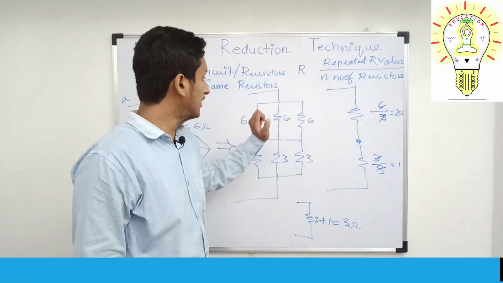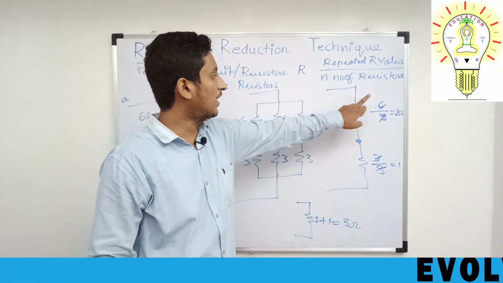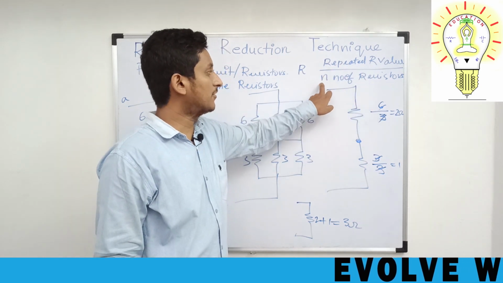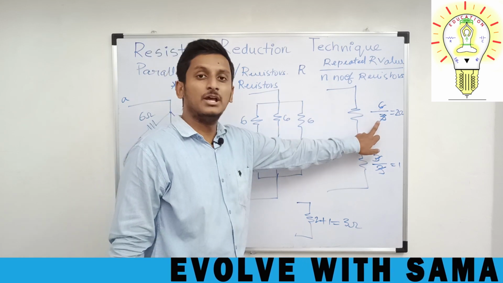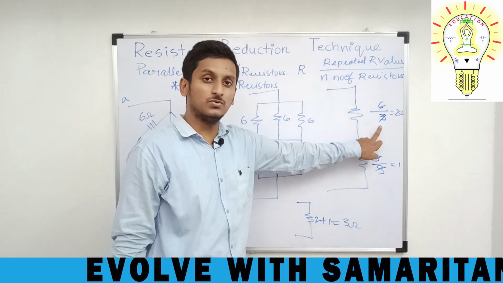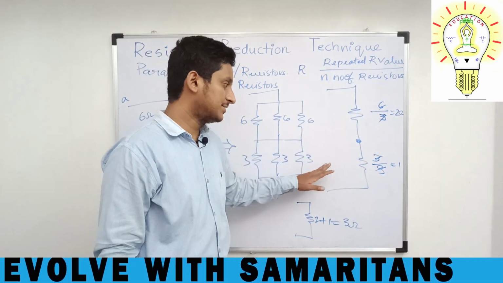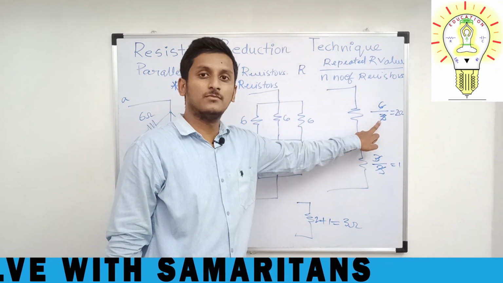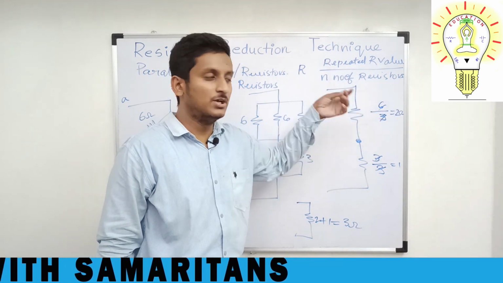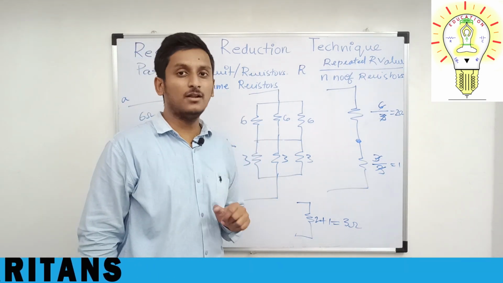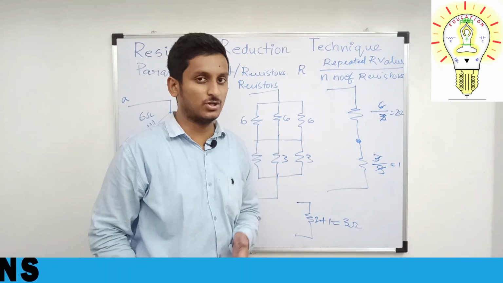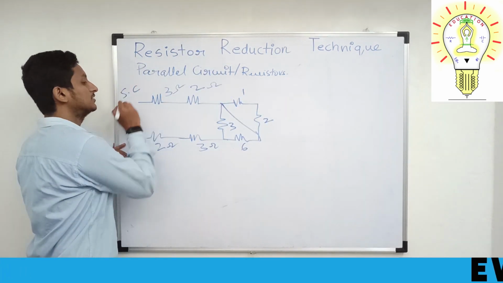See here. What is the repeated resistor value here? 6, 6, 6. So I have written here 6. So n is the number of resistors. How many resistors are here? 1, 2, 3. So here, if there are 2 resistors, you have to write down 2. If there are 4 resistors, you have to write down 4. And you have to write down the number that is there. So this is applied for all the equal resistor values which are in parallel connection. So let us go for the next concept. We have the short circuit concept again.